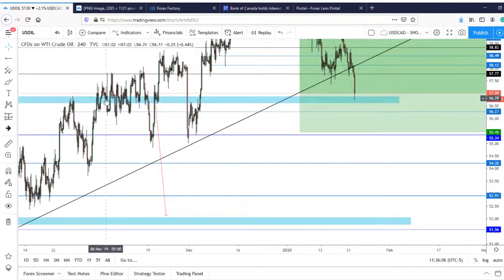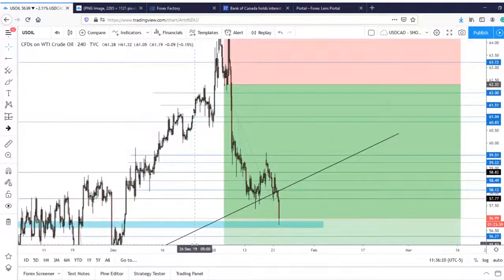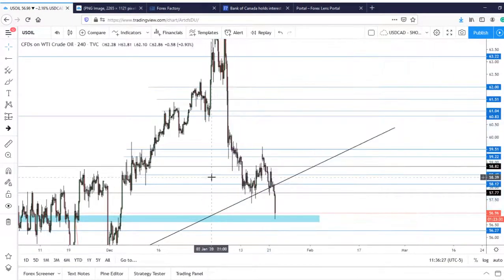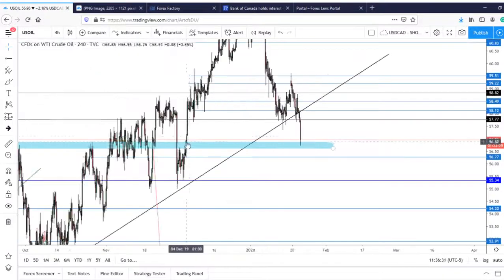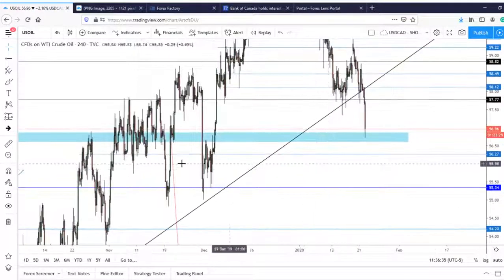As you can see to the left, this has been a pretty good support for oil when we're coming from above. Pretty good support, as you can see right here. And then we had a rally. We used this as support before we launched. So I'm gonna remove this long-term trade setup just because it's getting in the way, but we had a pretty solid entry if you ask me. I think this is over 400, 500 pips. I won't even use it in the pip count because most people probably didn't even remember that I gave this trade out. What we're looking for here on the 4-hour is